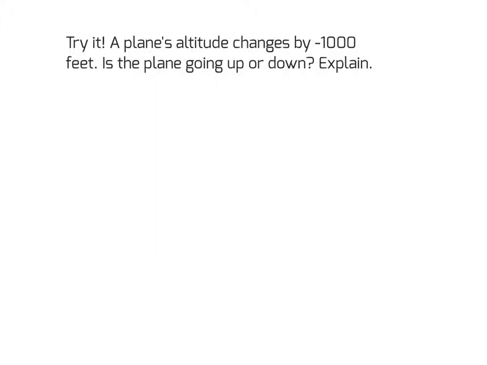I want you to explain this one for me. A plane's altitude changes by negative 1,000 feet. Is the plane going up or down? And explain why. You may explain with words and pictures or just words. Okay, so in this situation, changes by negative 1,000 feet. That means the plane is going down